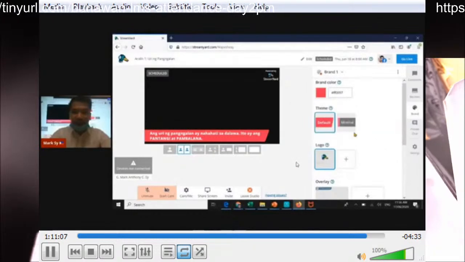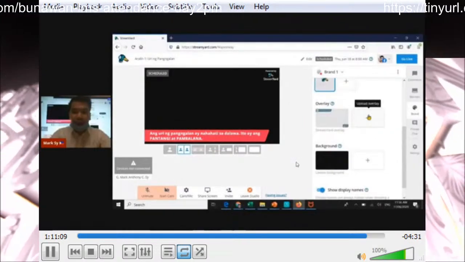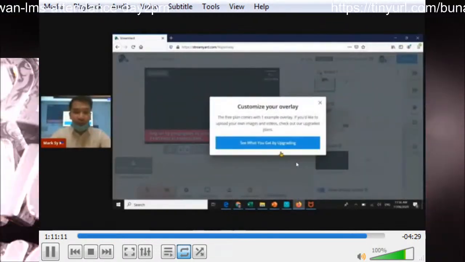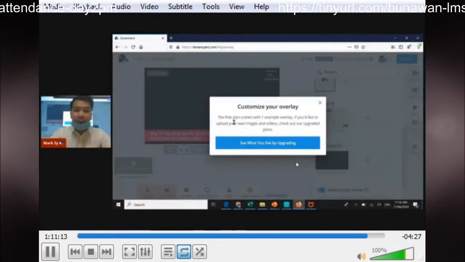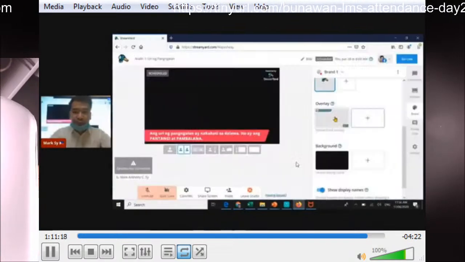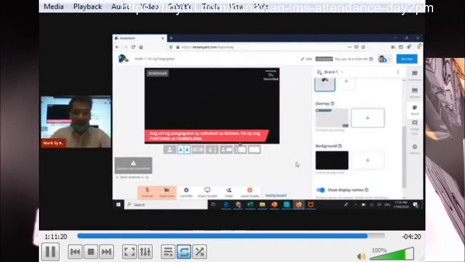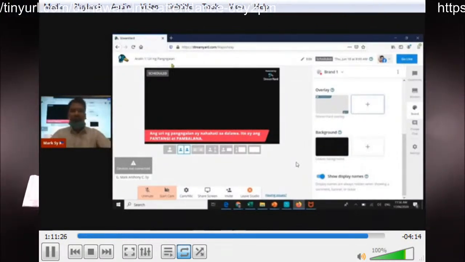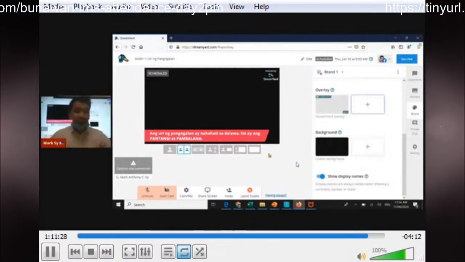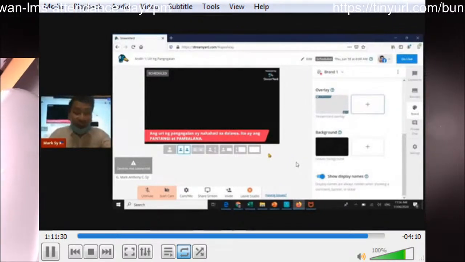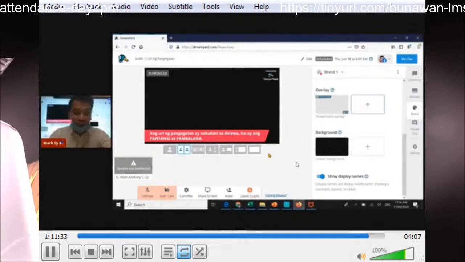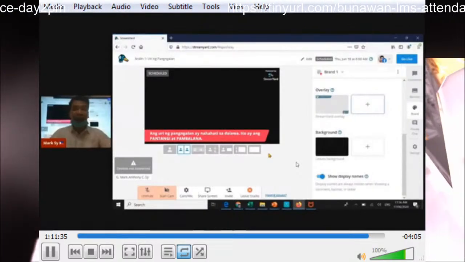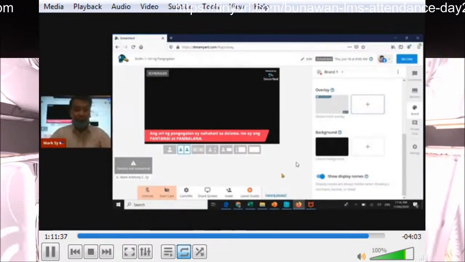And then, after that, you could even put or upload an overlay. But as you could see, the free plan comes with only one overlay. At ito po yung overlay na yon gaya ng inyong nakikita. Okay? We cannot also add a background. It's just simply flat. Sir, flat naman pala eh. Eh, di ba? Libre naman po ito. So we could always utilize all of these things, and it's a matter of how you're going to project our material.